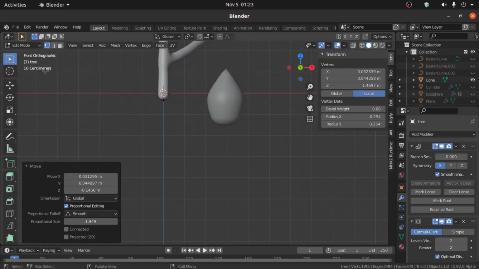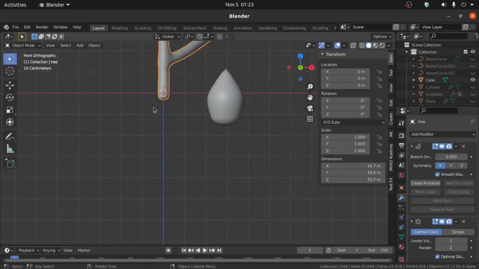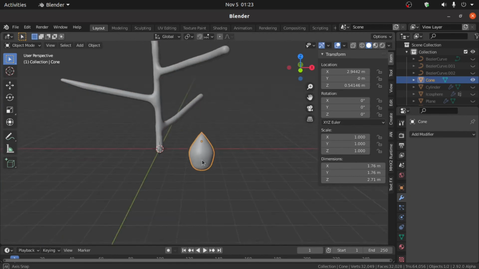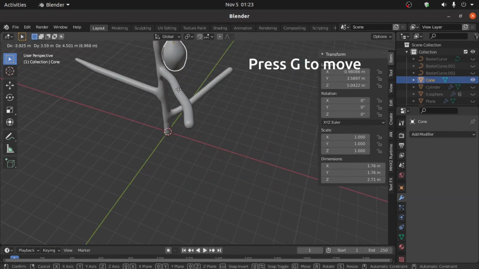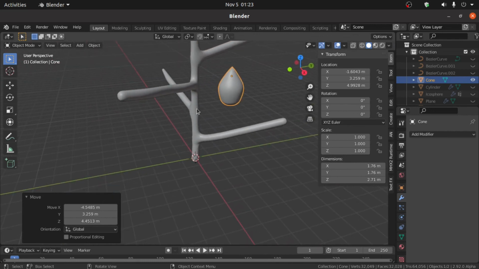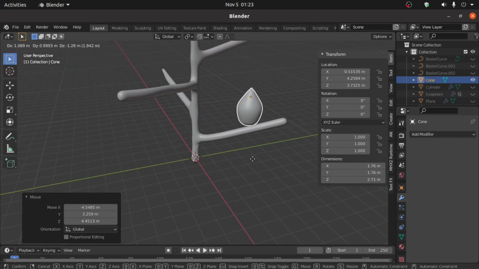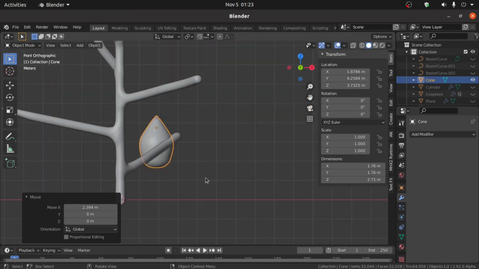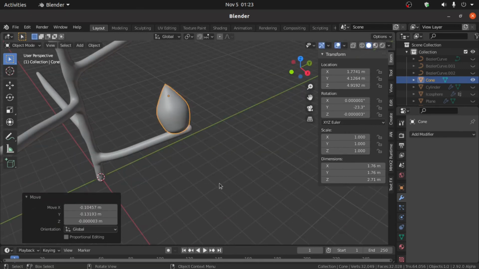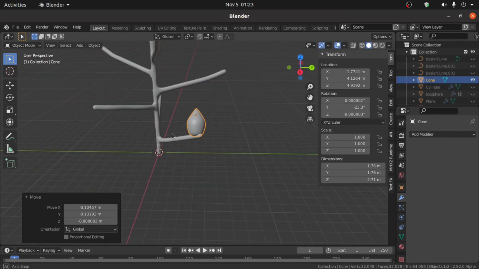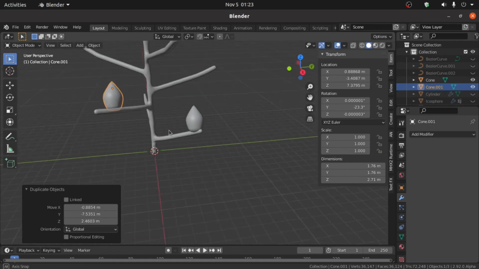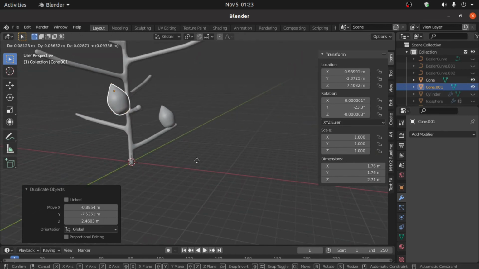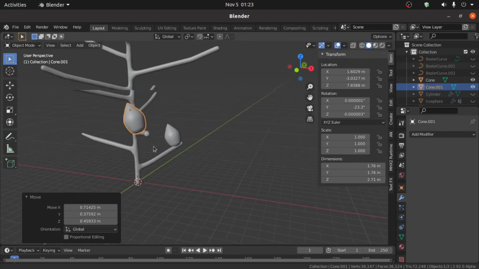Then what you have to do, switch to object mode, then select this fruit, then press G and you just have to put it manually something like this, and just repeat this process by pressing Shift D and keep it here and make multiple duplicates of this fruit.